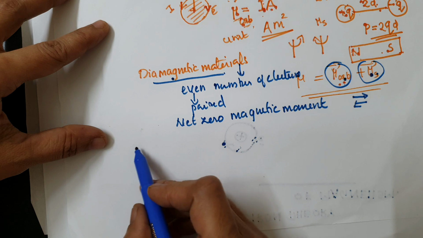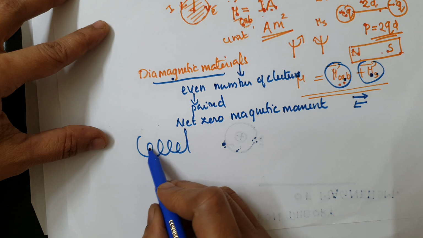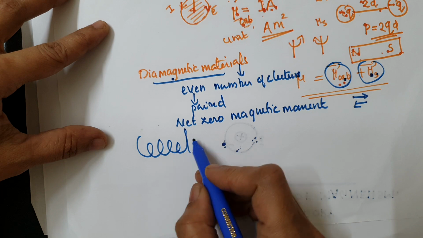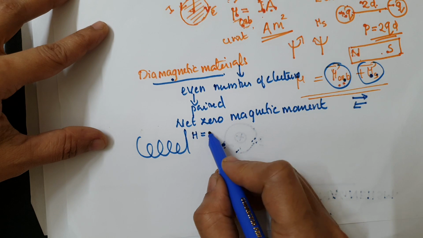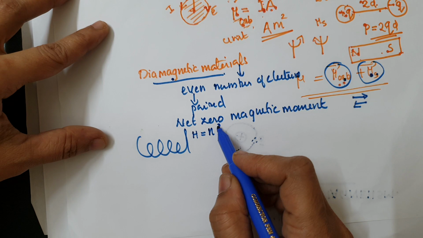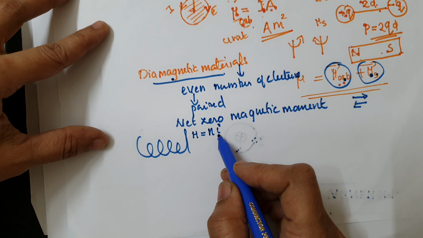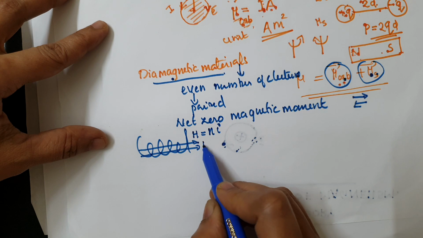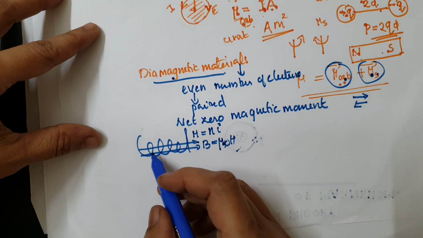For example, if we consider a solenoid and let a current I flow through this coil, then it produces a magnetic field. And as we have studied, the magnetizing field intensity H is equal to the current flowing through this coil and also the number of turns per unit length n, that is, it can be represented as nI. Or the magnetic field can be represented as B is equal to mu 0 H.